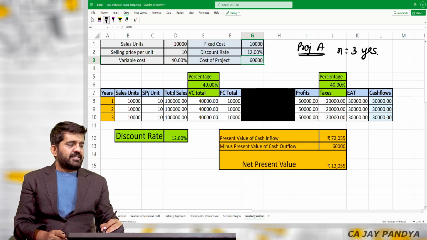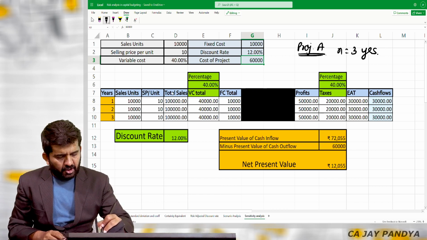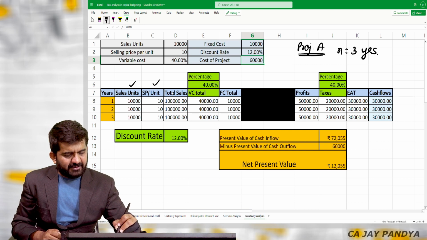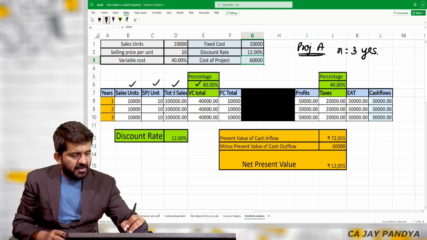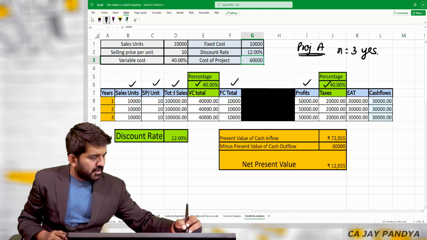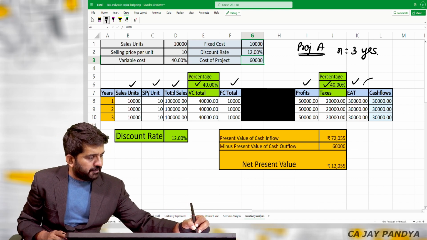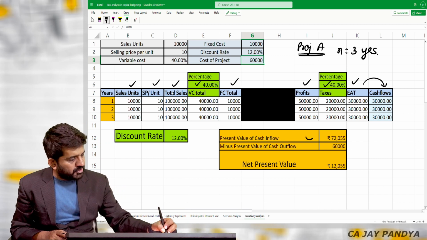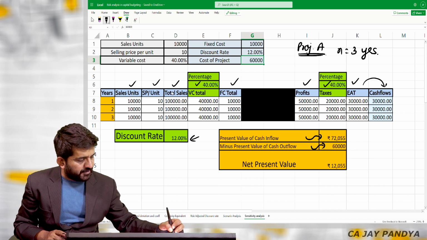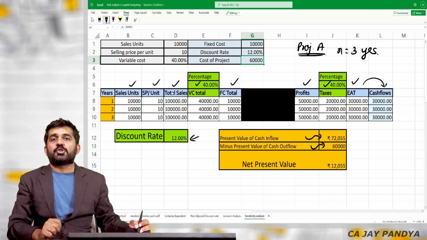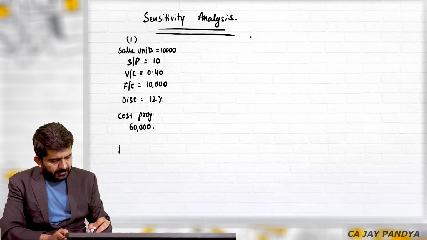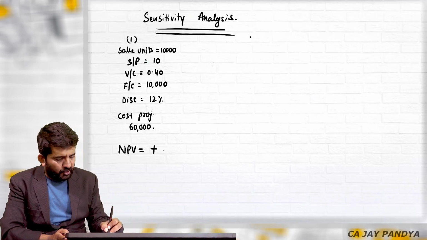And in this case, I will be directly getting NPV. How I got it? Selling price per unit multiplied by sales unit is total sales, minus variable cost, minus fixed cost will be profit, minus taxes will be EAT, and EAT plus depreciation will be cash flow. This is present value of cash inflow at the rate of 12%. Present value of cash outflow is 60,000. Net present value is 12,055. What is my NPV? Positive